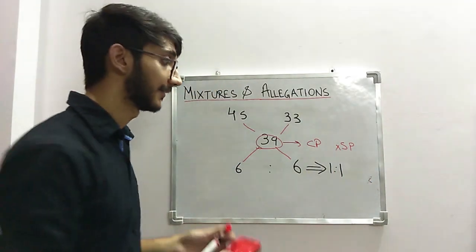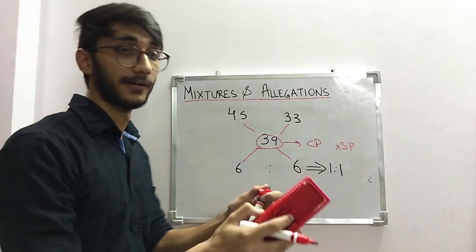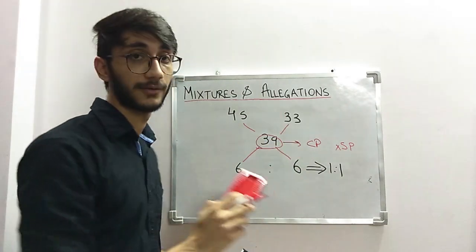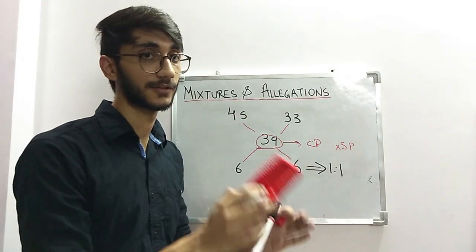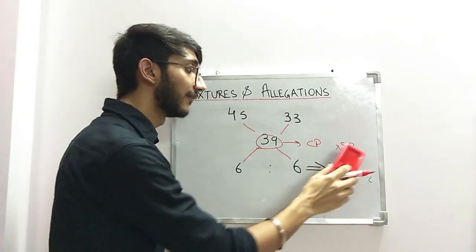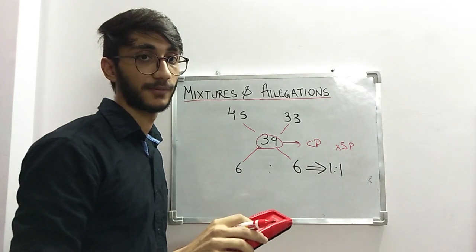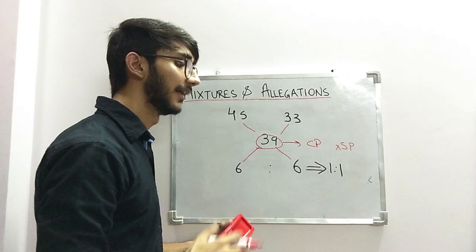So in case the question gives you the selling price and there is nothing about the profit percentage, then you won't be able to calculate this. That means the answer will be data is inconsistent or inadequate. So if you have the selling price, then the question must contain the profit percentage so that we can calculate the cost price from that. I'll give you an example.